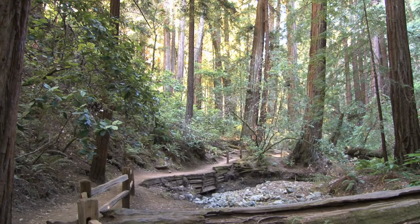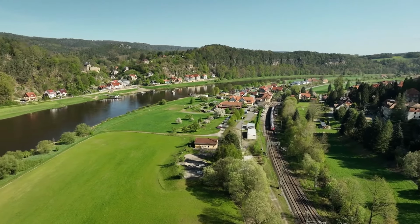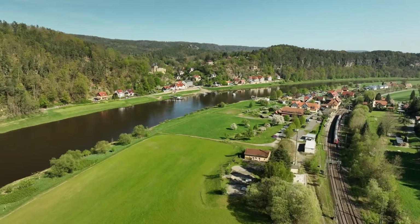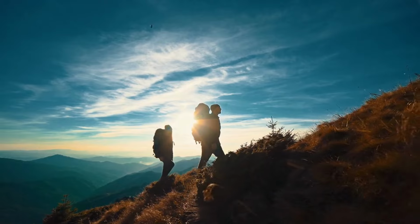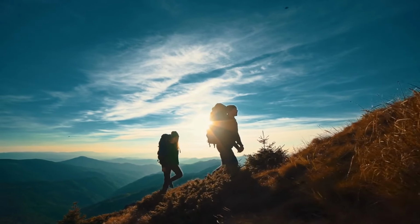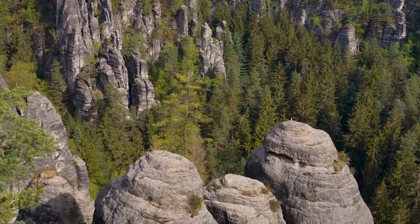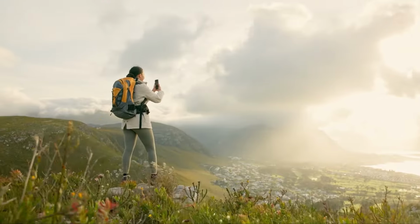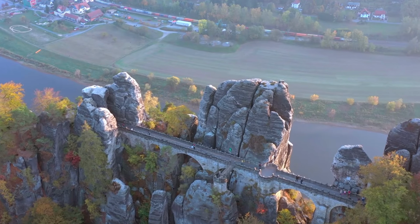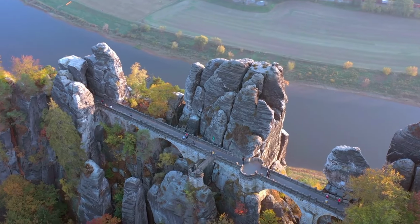Weave your way through dense forests on well-maintained trails and be rewarded with panoramic vistas of the Elbe River Valley that will leave you breathless. Whether you're a seasoned climber or a casual hiker seeking fresh air and stunning scenery, Sachsen-Switzerland National Park has something for everyone. So grab your camera and join us on yet another Tour Insights exclusive as we explore this incredible